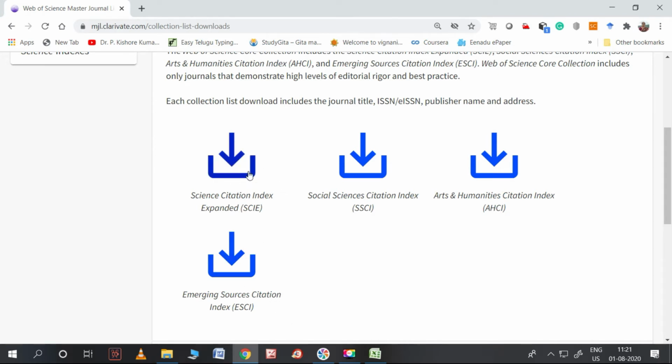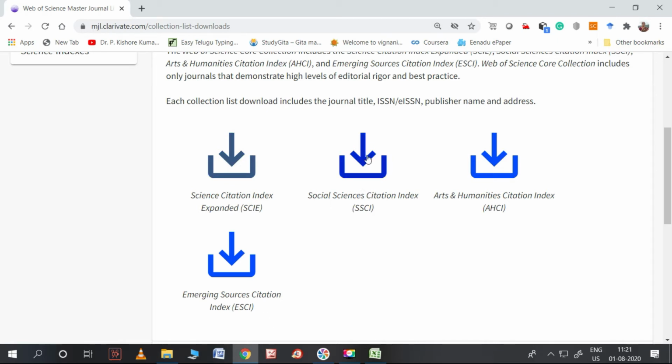Okay, so these two types are sufficient for the engineering category, and these are also there: Social Sciences Citation Index and Arts and Humanities Citation Index. Maybe Social Sciences Citation Index is from the management side, and Arts and Humanities Citation Index obviously from arts and humanities, maybe from English and even other areas. Maybe basic sciences can also come under SCIE and ESCI only.